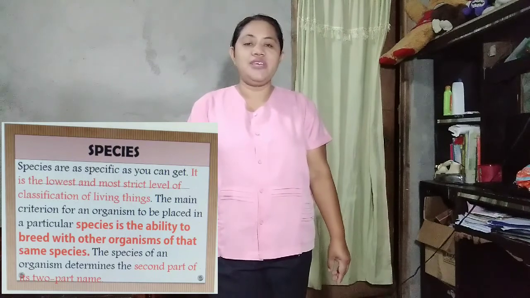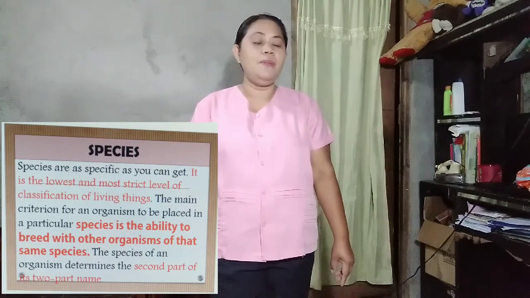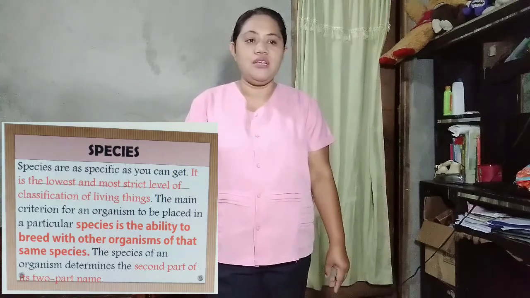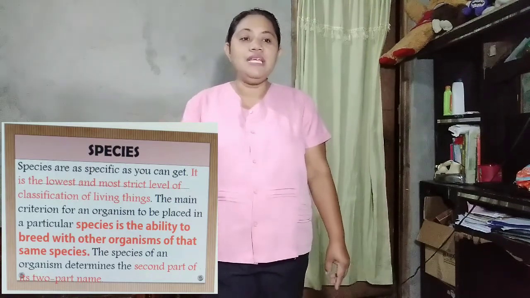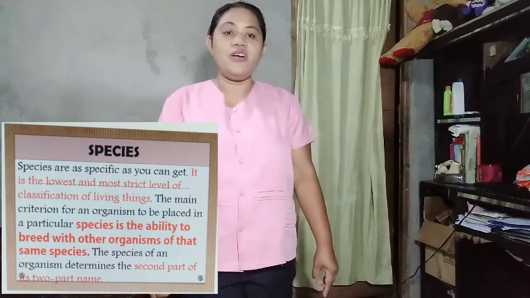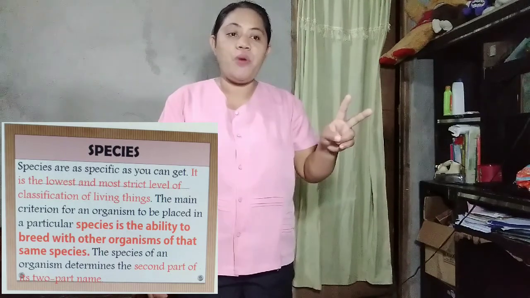Last is species. Species are as specific as you can get. It is the lowest and most strict level of classification of living things. The main criterion for an organism to be placed in a particular species is the ability to breed with other organisms of the same species. The species of an organism determine the second part of its two-part name. Remember, when we are giving a scientific name to a certain organism, two names are to be considered: the genus